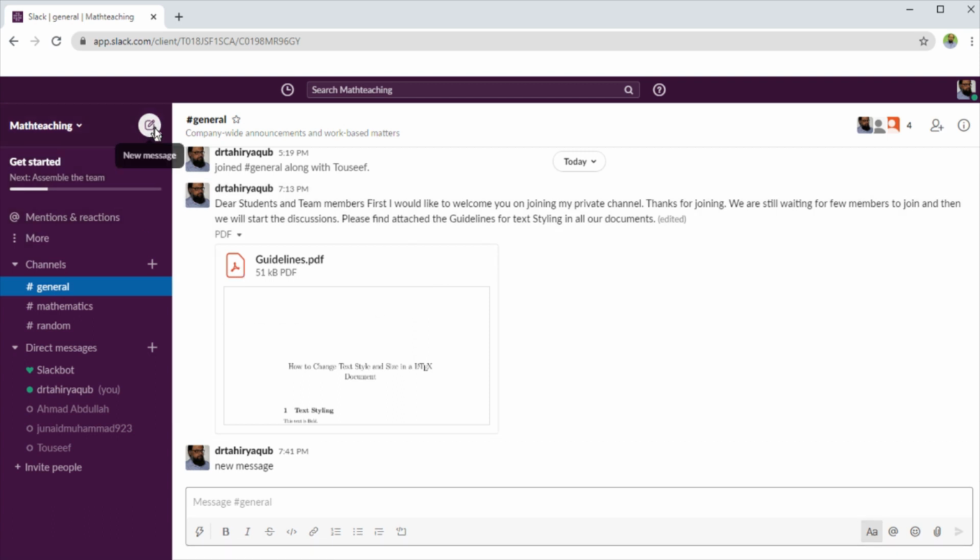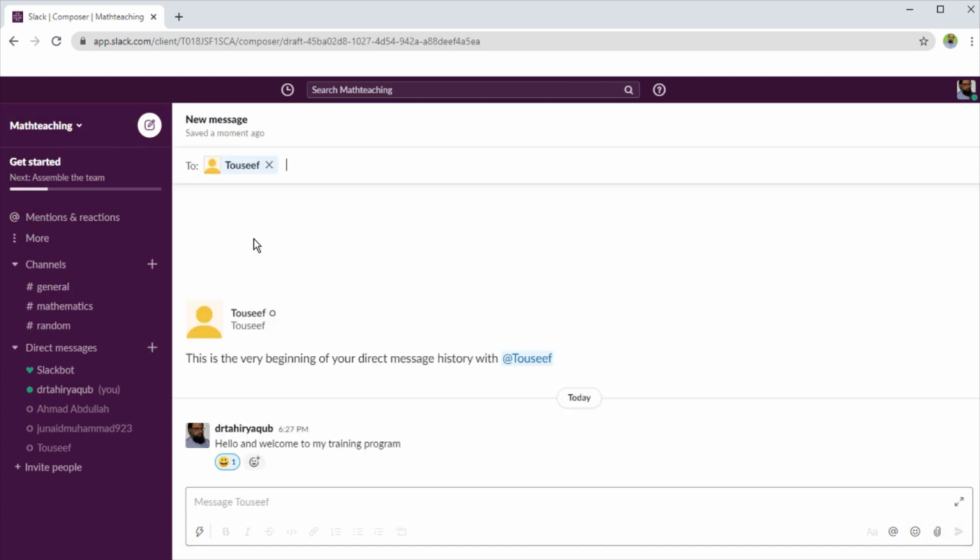You can also send a message to an individual person, and if you do that, you will see your previous communication with that person because all the conversations are saved in Slack, and you can also see what was going on in the last discussion, and I can see that and I can type a new message to this person. So in this way you communicate, you send files, and when you do that, that person will get a notification.